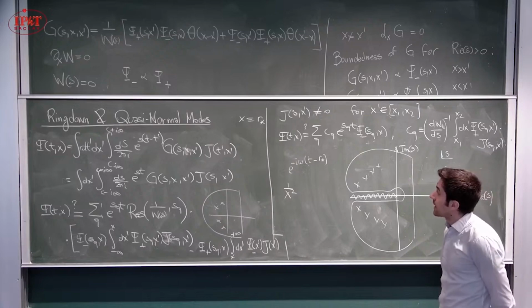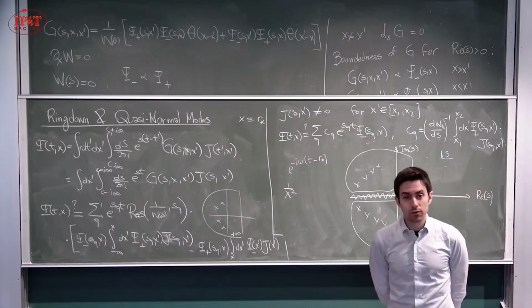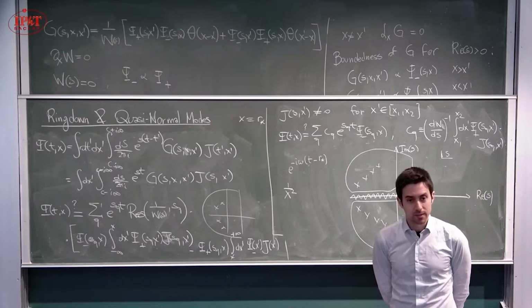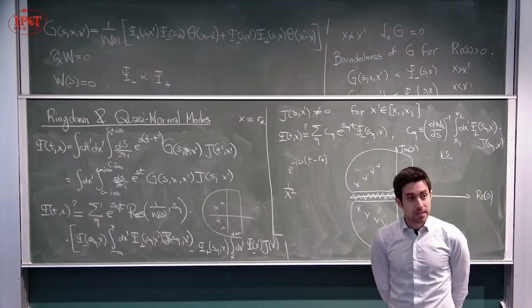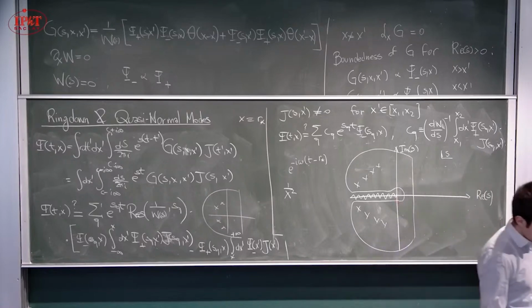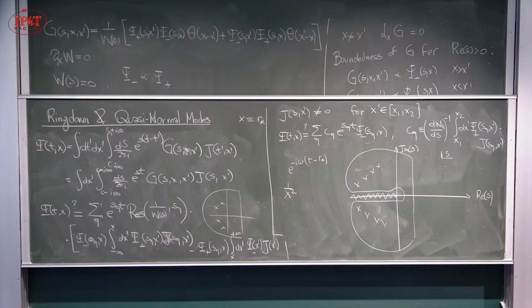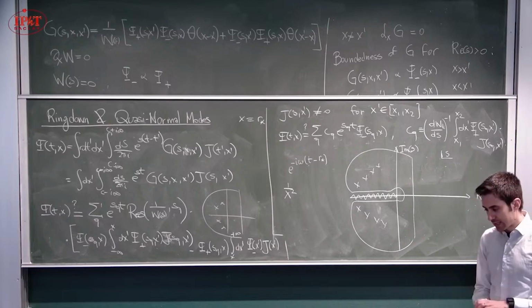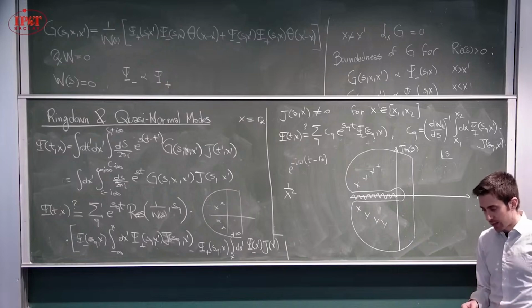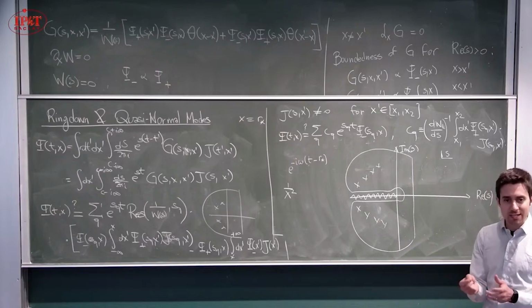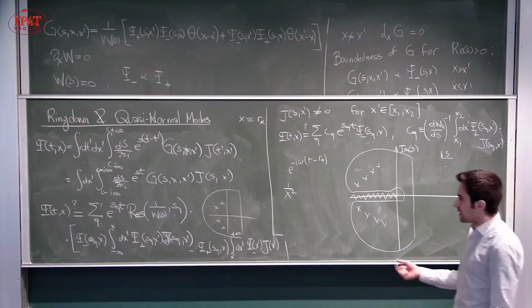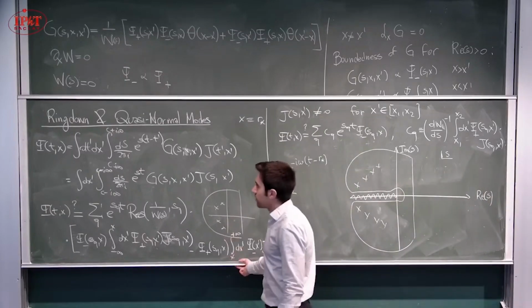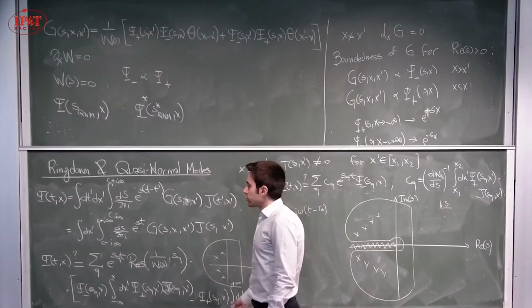Well, let's see. But how can you get cancellation for all values of x? Remember that, of course, there are special points, so there are special modes. Maybe we can come back to this later, which is related to the discussion we had on Monday about this Darboux transformation. There are some special points, but in general, as a criterion, what we found is that we are going to require